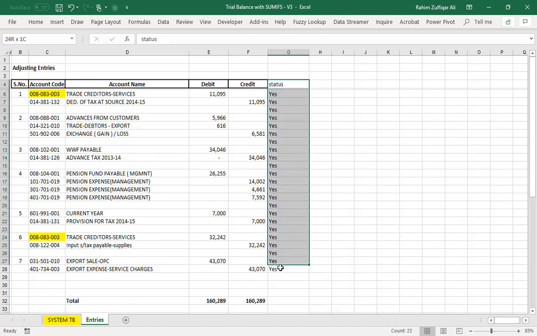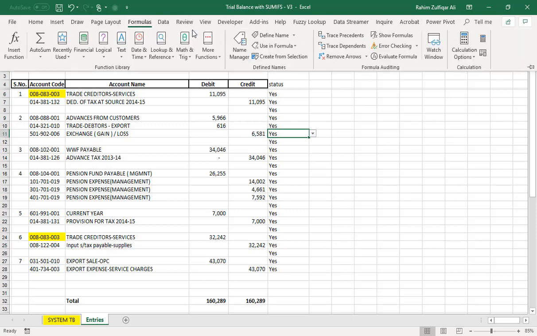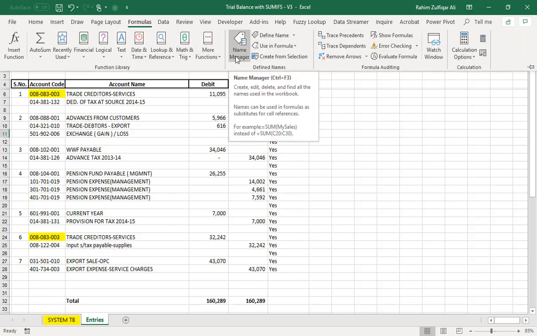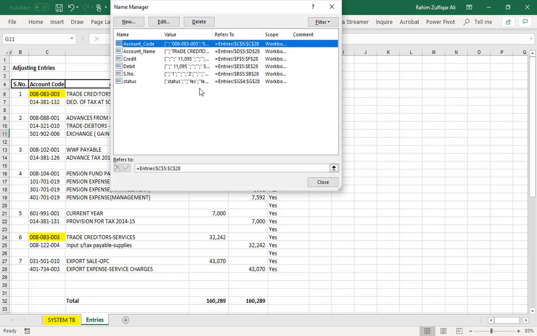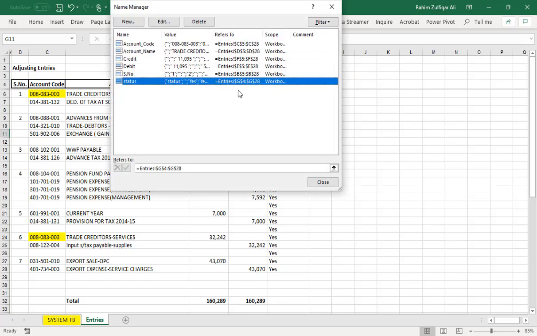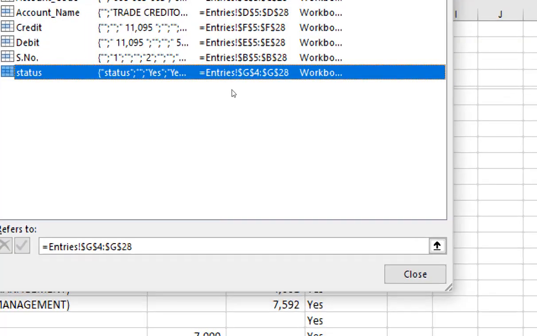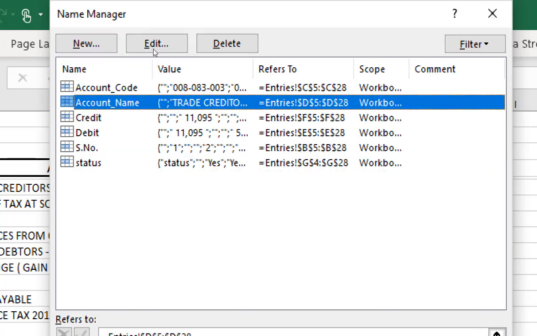First I will select this column and give it a name from the name box, and that is called status. Let me cross check that all the name ranges start from the same row and end at the same row. You can see that all our previous name ranges start from row number 5 and end at 28.